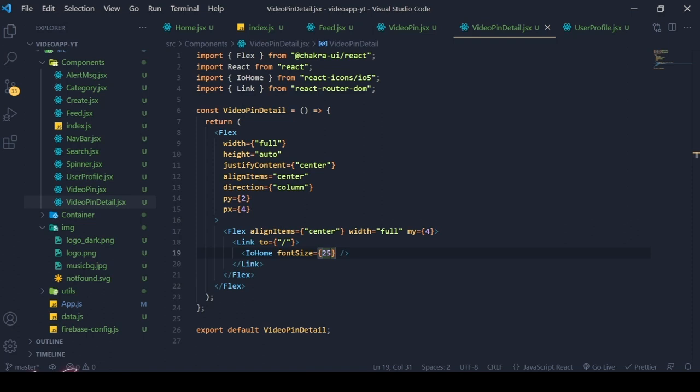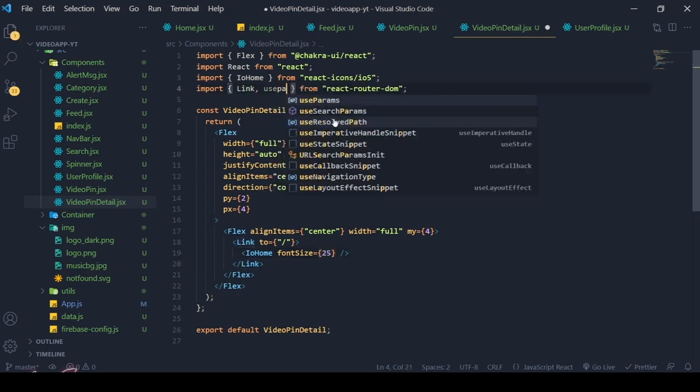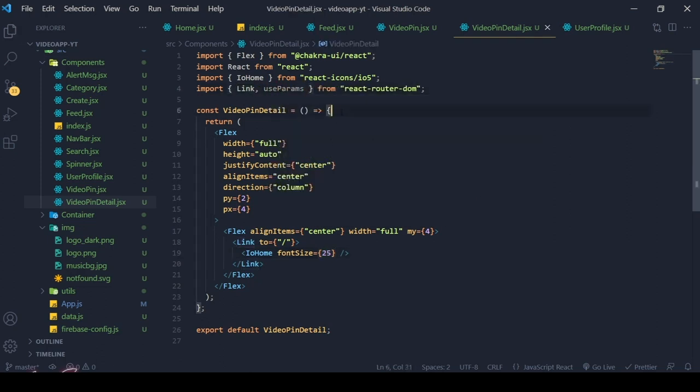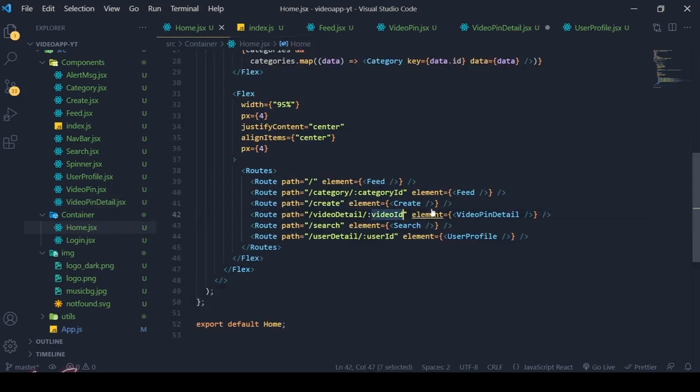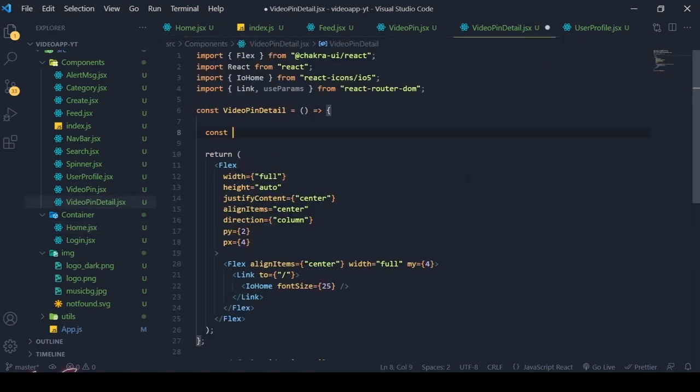the params hook from the React router DOM. Where it is React router DOM, here we need to use the useParams. Okay, and I'm going to get the user ID for that video ID. So const, what is the ID I'm passing here? Video ID. Copy it, and let me show you, if I print params equals useParams, and